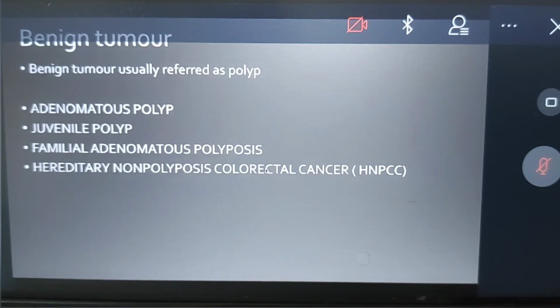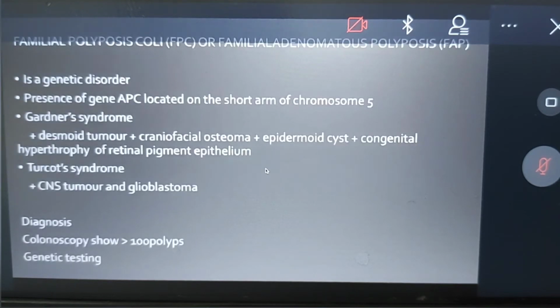The adenomatous polyp has about a 10% chance of being malignant, and the most common in Malaysia is familial polyposis coli,